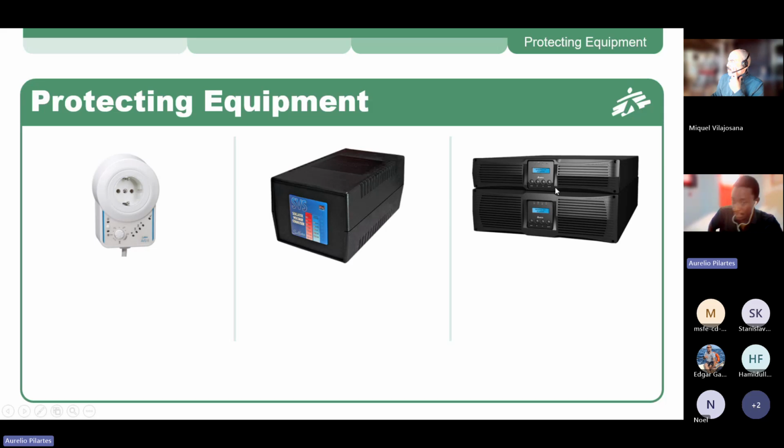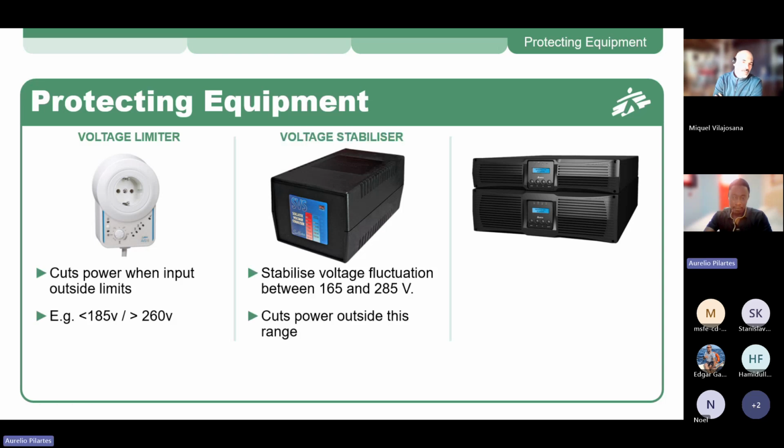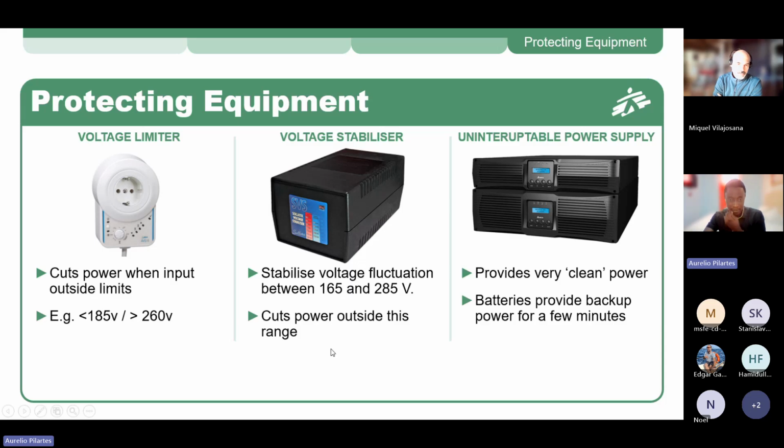It will keep your voltage steady, will keep your frequency steady, and will give you some autonomy. And the UPSs are much more stable than the AVR. So they give a much cleaner energy because of the technology they use to perform this task. So as we say here, these are some reference values and ranges. Usually voltage limiters can be at this range, which means it could support from,